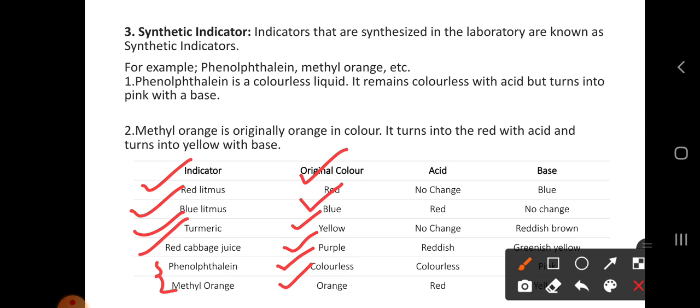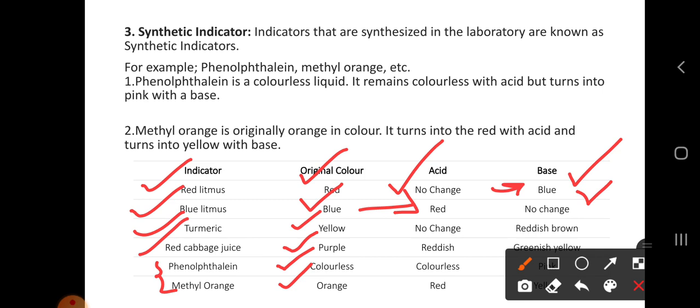Okay, if you are taking the red litmus paper to check whether the substance is acid or base, if there is no change in the color, then it is called the acid. Or if this red color changes into blue, then it is called the base. And if you are taking the blue litmus paper, then in the acid it turns red in color, so it shows it is an acid, but there is no change in a base. So, red for acid and blue for base.